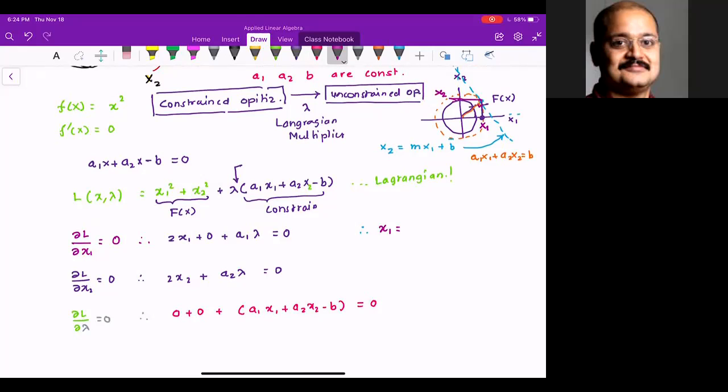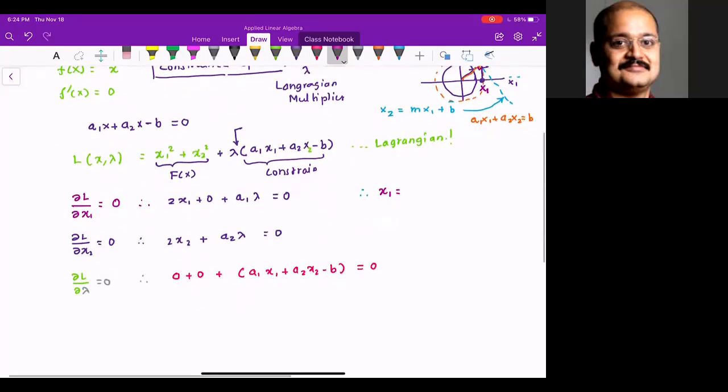If someone asks what is Lagrange multiplier, Lagrange multiplier is nothing but what allows you to write that equals to constraint, that is correct. So that allows you, so now you are going to satisfy three equations.